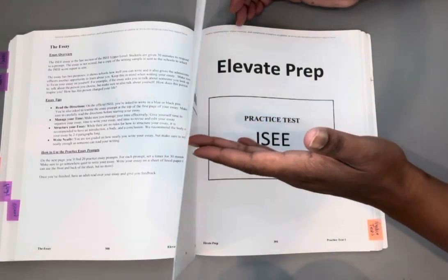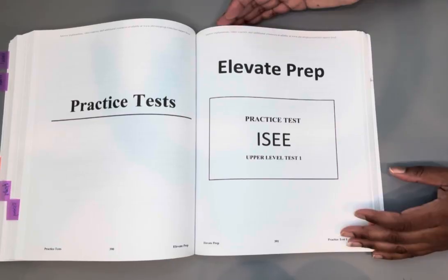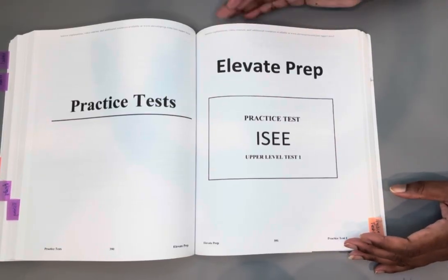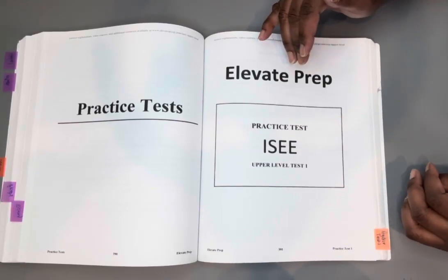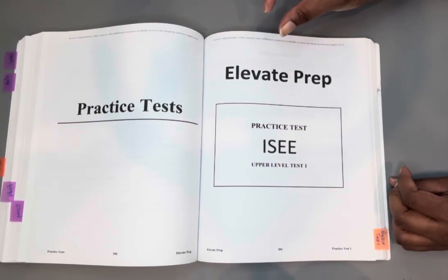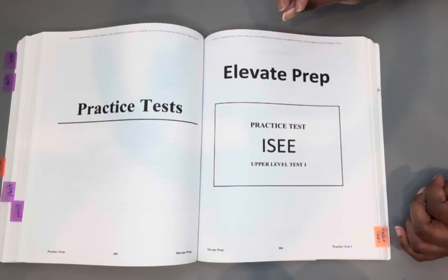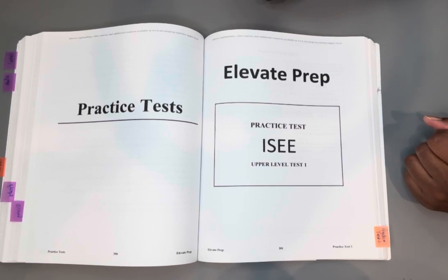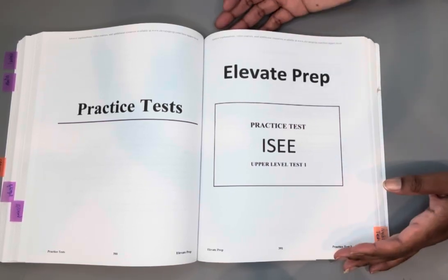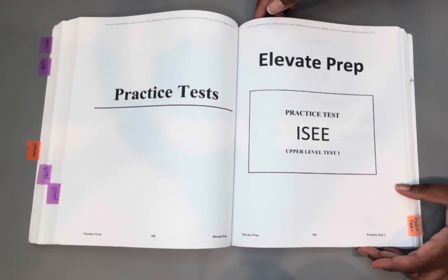As my daughter and I used this book to prepare, and we're still preparing, I always keep a timer so that she can do each section under time pressure. And what I would recommend is buying a separate timer. That way, if they're working independently, they don't have to constantly check their phone for the timer, because inevitably a message is going to pop up, or a Snapchat notification, and that's distracting. So I bought a set of digital timers, and that is what we use to time